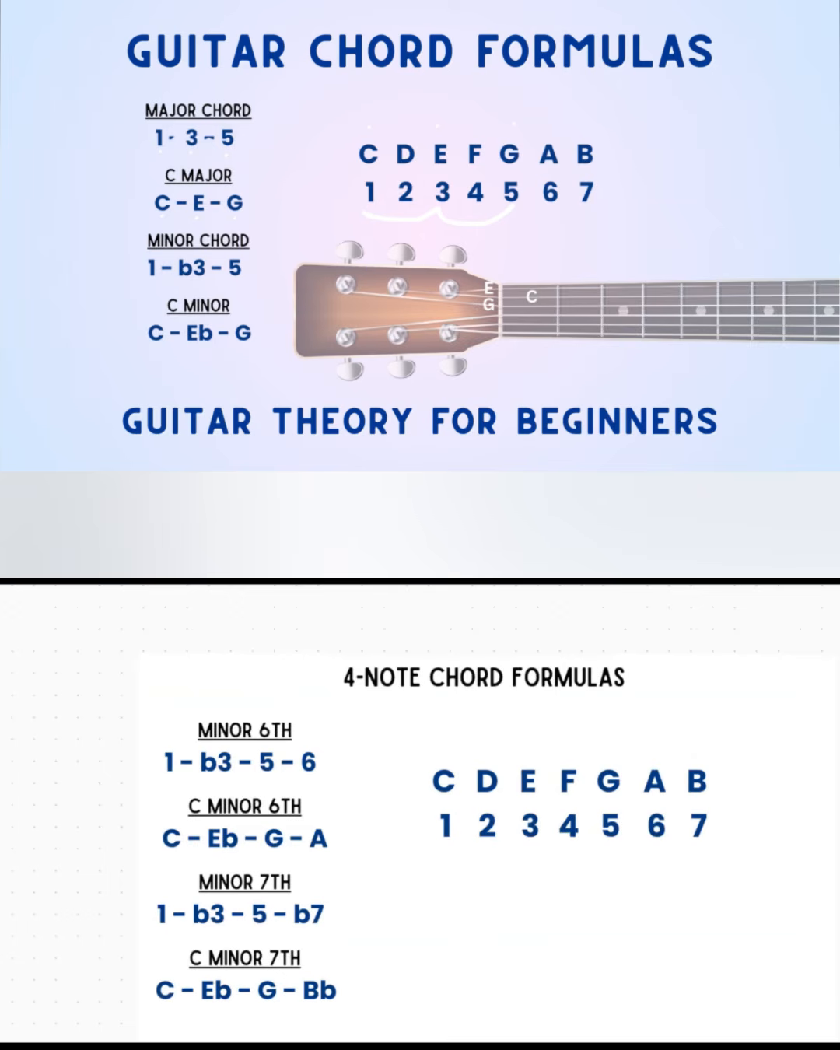And same thing with the other four-note chords, which are the minor sixth and minor seventh. It's going to be like a minor chord plus the sixth. Now that applies to the minor sixth. The minor seventh has a flat on the seven, a flatted seventh. So the minor sixth is going to be 1, flat 3, which is the E flat we said, and 5, which is G, plus the sixth, the A. As you can see here,